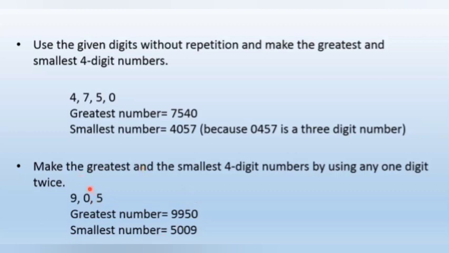You know that you cannot put 0 in the first place, but you can put 5. You can choose to put 5 because it is the smaller number. Putting 5 here. Now you can use any one digit twice. So which number are you going to choose? For using twice, least number is 0. So using it twice, and then what number is left with us? 9. So this is the smallest number possible.